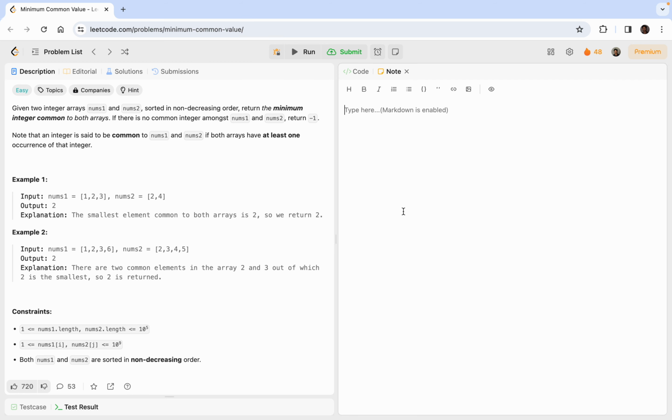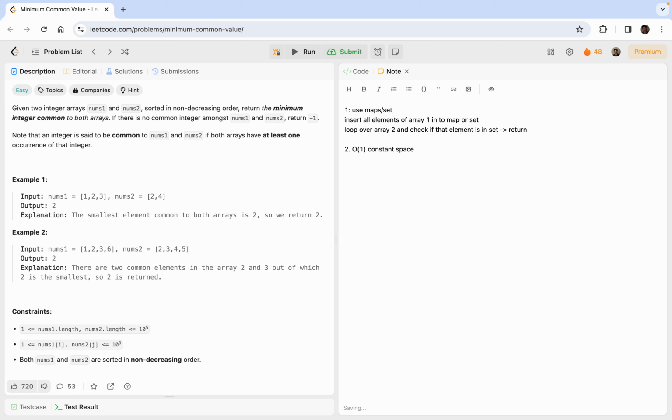So one method would be using map or set, right? What we can do is insert all elements of array 1 into a map or set. Now loop over array 2 and check if that element is in the set, then we can just return it because they are already sorted in ascending order. So when we loop over, we'll get the minimum element first. So if you want to do it in O(1) space, constant memory, then what we can do is